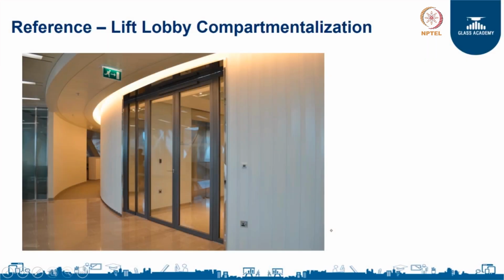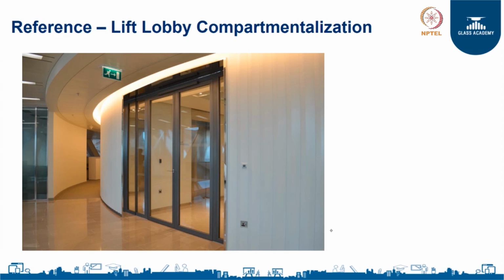Now, the advantage or the need to use a fire resistant door here is shown in this view from the other side, from the area of occupancy. The need to use a fire resistant door is such that the fire will not spread from the main area of occupancy into the lift lobby, because the fire resistant door will prevent the fire from spreading from the fire side to the protection side. So, it will never go into the lift lobby, and if you can prevent the fire from going into the lift lobby, you can protect the entire building from being on fire.